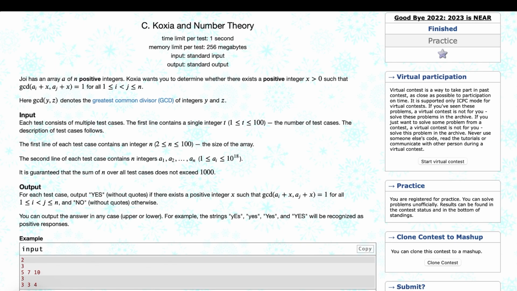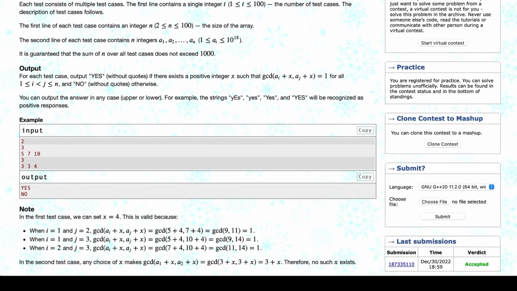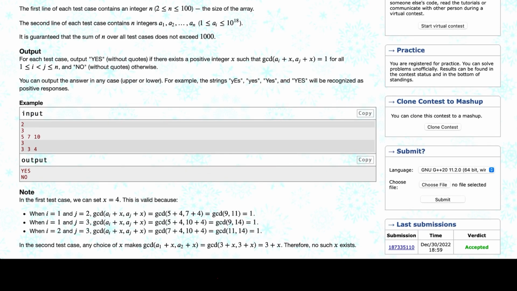So the problem statement states that we are given an array of n positive integers and we are asked to determine whether there exists any positive integer x, greater than 0, such that the pairwise GCD when you add x to them, that is ai plus x and aj plus x, is equal to 1 for all pairwise integers. So if we take a look at the example, you can see that when the input is 5, 7, 10,